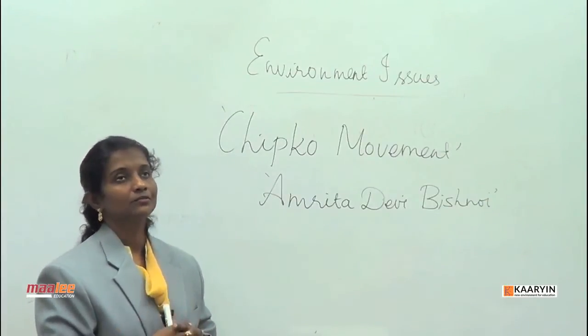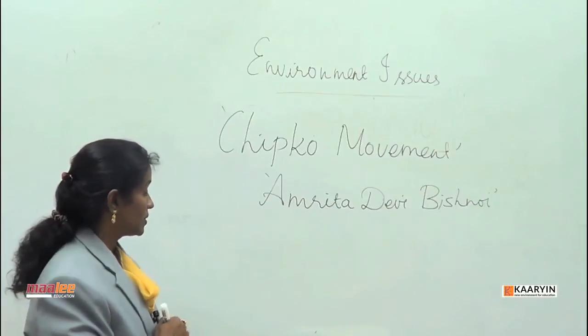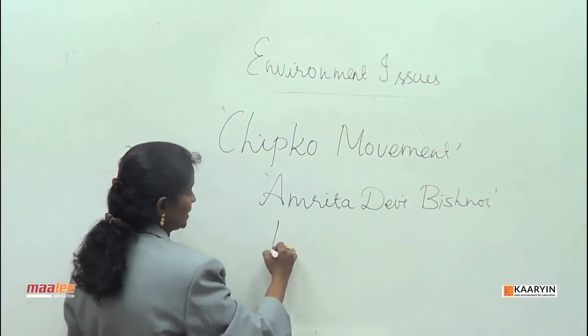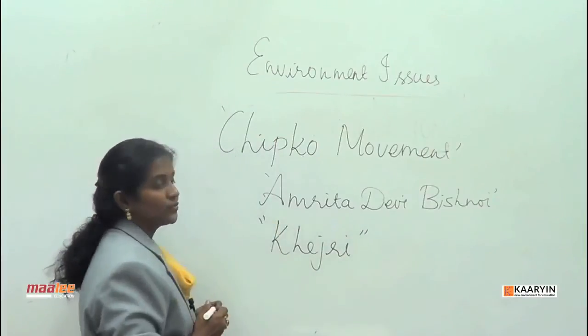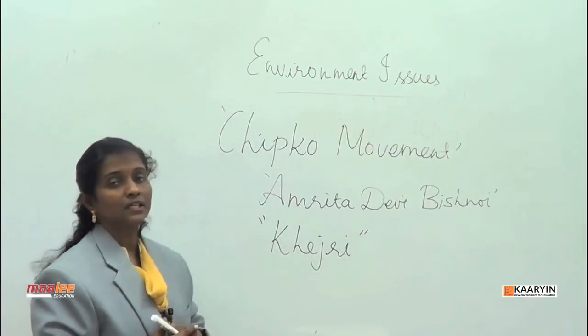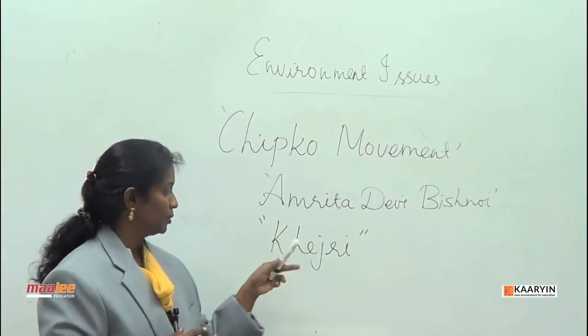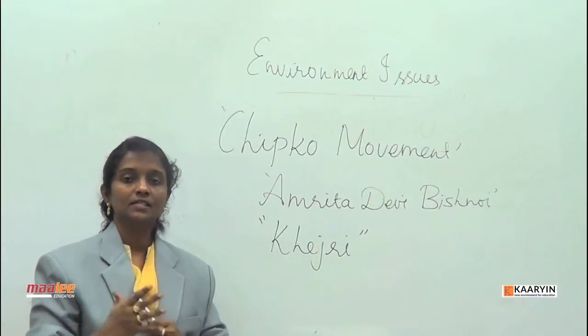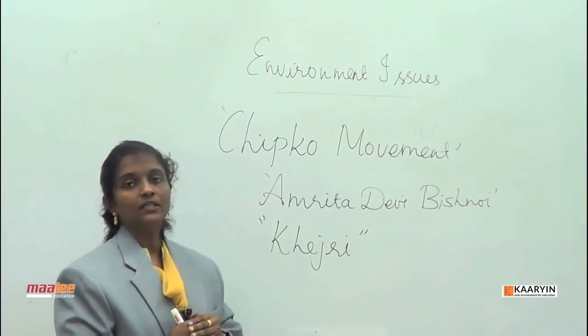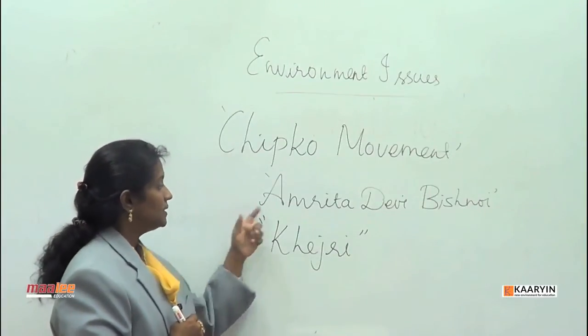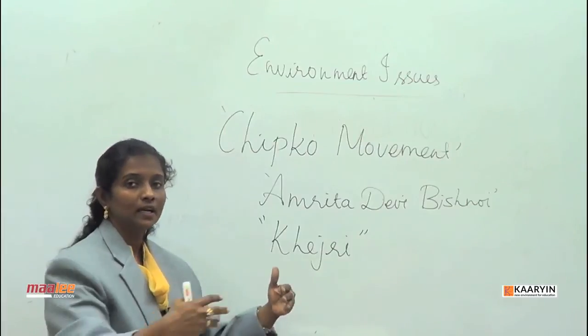The Maharaja of Rajasthan tried to cut this tree, Kejri. This is a Fabaceae. This tree was considered sacred by them. The Bishnoi community considered the Kejri tree a very sacred tree for themselves. So the Maharaja ordered to cut the Kejri trees. As a result, these women folks went and hugged the tree.